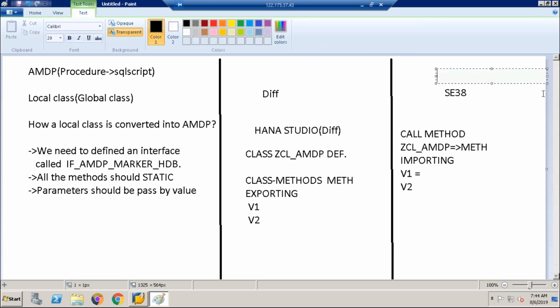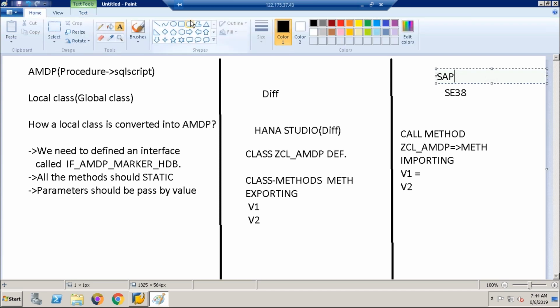Consumption I will do in the ABAP layer, in the SAP system. So both are totally different systems. And you know that, guys, if you want to work with different systems, will you work with pass by reference or pass by value? Tell me. When you are working with different systems, the parameter should be pass by value or pass by reference? Pass by value, guys.